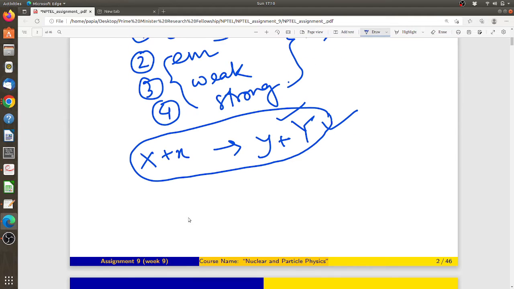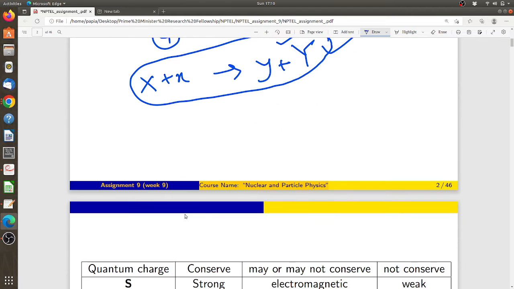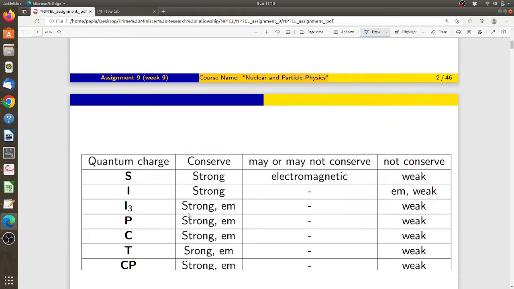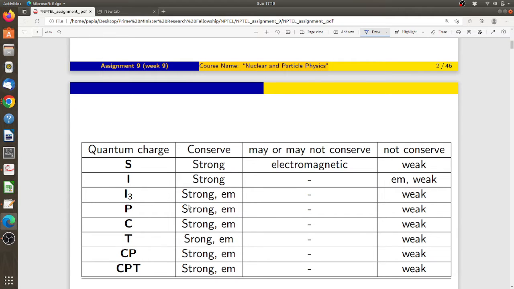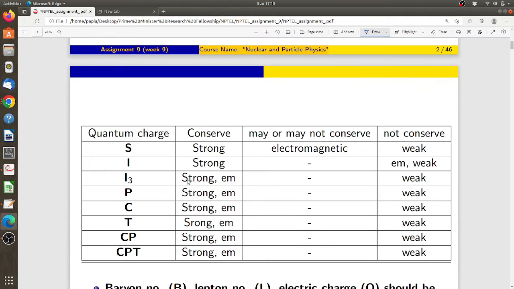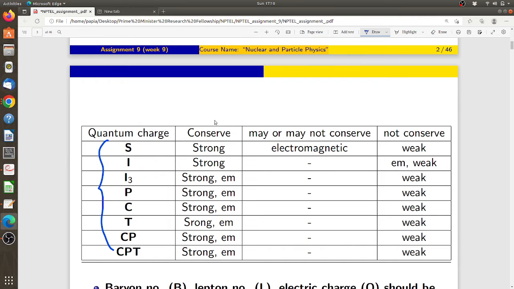To do that, I have made a table here. It's a very important table, I thought, so that's why I have put it here. In the table, on the left-hand side all the quantum charges are given, and then whether they are conserved or not conserved. Basically, S is the strangeness quantum number, as I already told you. I think you all might know that S is the strangeness quantum number. So when the strangeness quantum number,